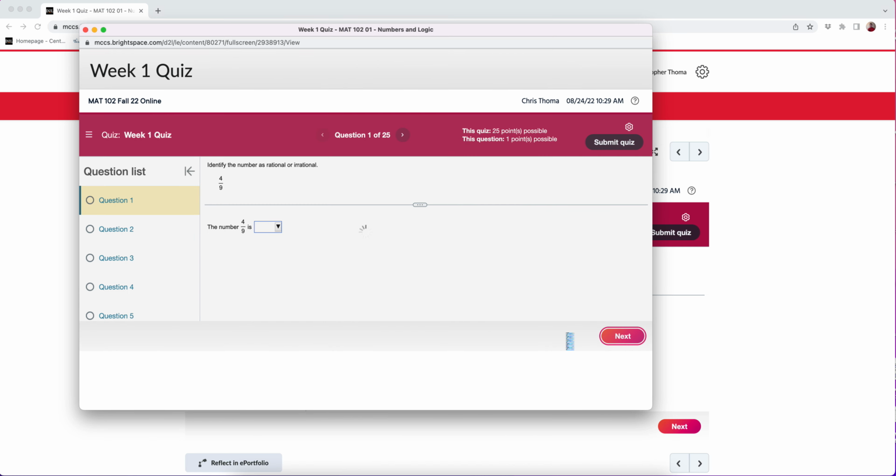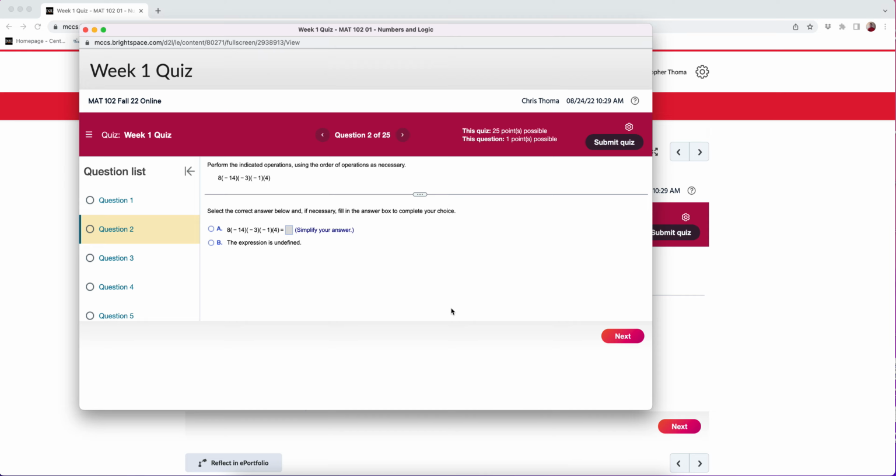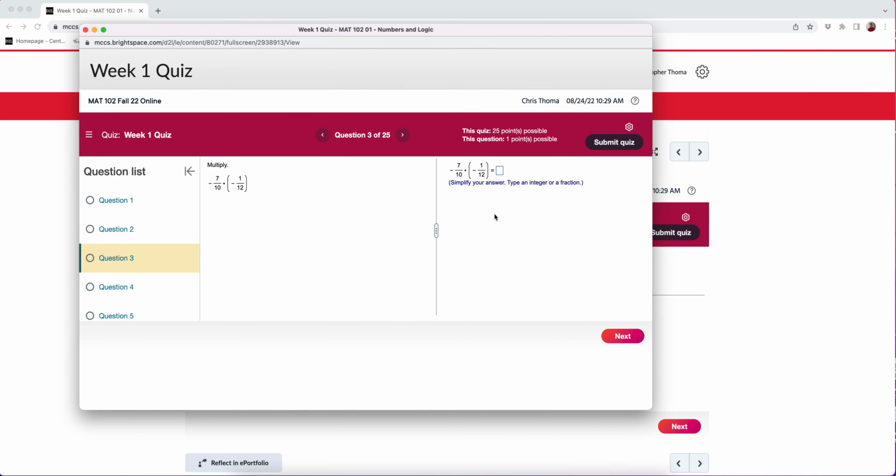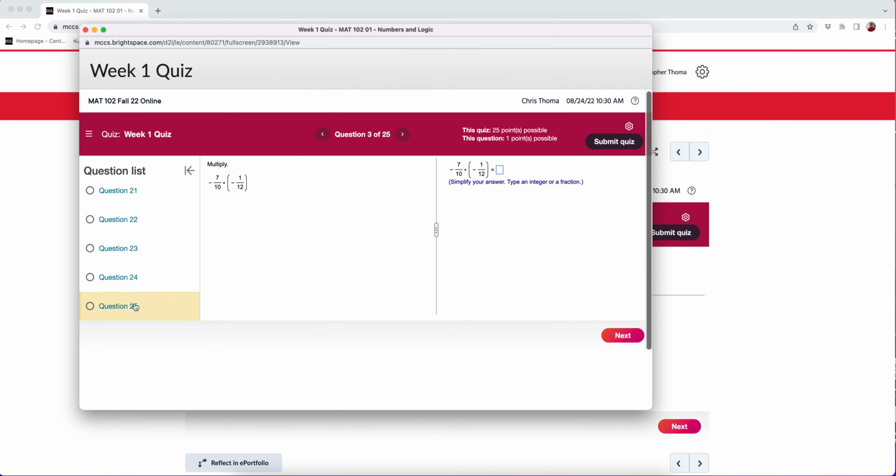and then you can hit Next, and then you pick an answer, and next. And when you get to the last question, the next ain't going to work. It will be Submit Quiz. All right. So make sure you have everything completed before you submit it. And then you'll be able to see your score, and then you can decide if you want to take the